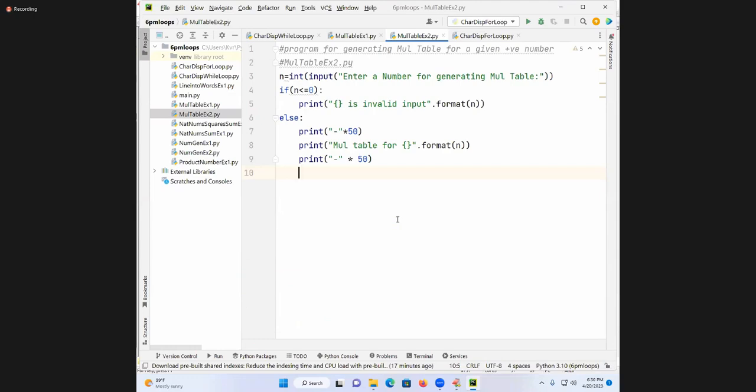Range is a data type. What is the range data type used for? Generating some range of values. Range of begin comma end, range of begin comma end comma step. I already told you. Come on now. For i in range of